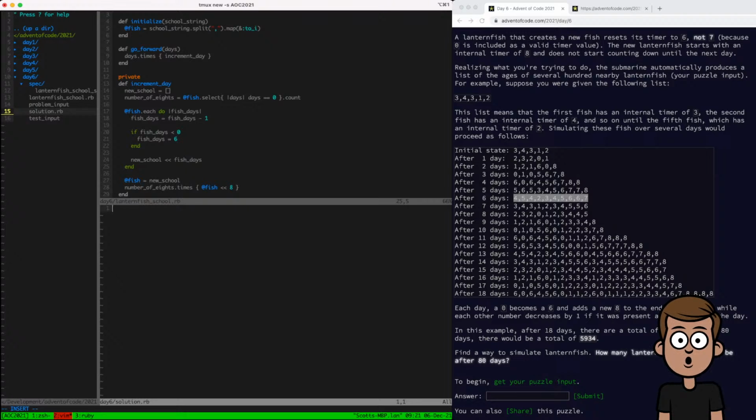So if we do input equals file dot open, I know there's file dot read, but I don't remember exactly if there's anything special I need to do. So this works just fine. Problem input dot read. And then we have require relative lanternfish school.rb,